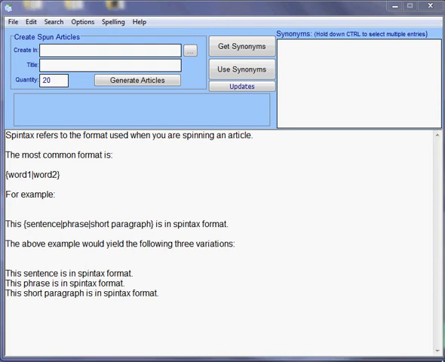In this video we're going to look at the various settings and controls that you have to spin content. The idea of this tool is to give you an editor that you can put spin tags into as you write. The benefit of that is if it normally takes you 10 minutes to write an article, with just a couple of minutes extra work as you go along popping in the necessary code,